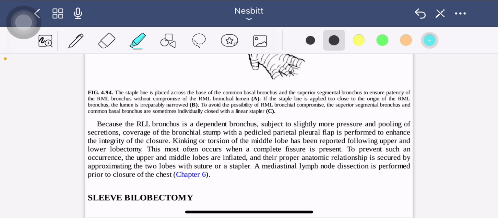Because the right lower lobe bronchus is a dependent bronchus subject to slightly more pressure and pooling of secretions, coverage of the bronchial stump with a pedicled parietal pleural flap is performed to enhance the integrity of the closure. Kinking and torsion of the middle lobe has been reported following upper lobectomy and lower lobectomy, and this most often occurs when a complete fissure is present. To prevent such occurrence, the upper and middle lobes are inflated and their